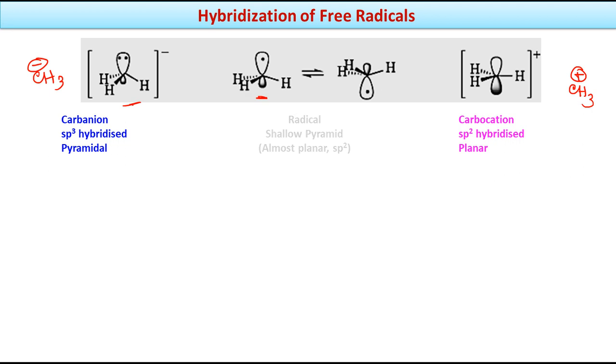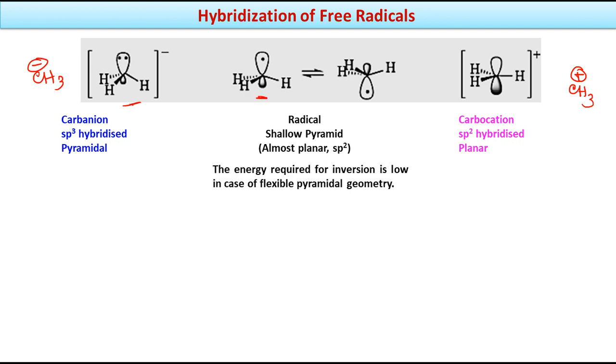Now it is not that inversion is always possible, it depends. If you have a very simple structure like CH3, then the energy required for this inversion is very low. So in this case, it is a shallow pyramid. You can say it is something in between sp2 and sp3, but it is close to a planar structure, so that is why we can say it is sp2. Here the energy required for inversion is very low, so it may vary. That is, not always will the inversion energy be low, but in this case it is low, so that is why